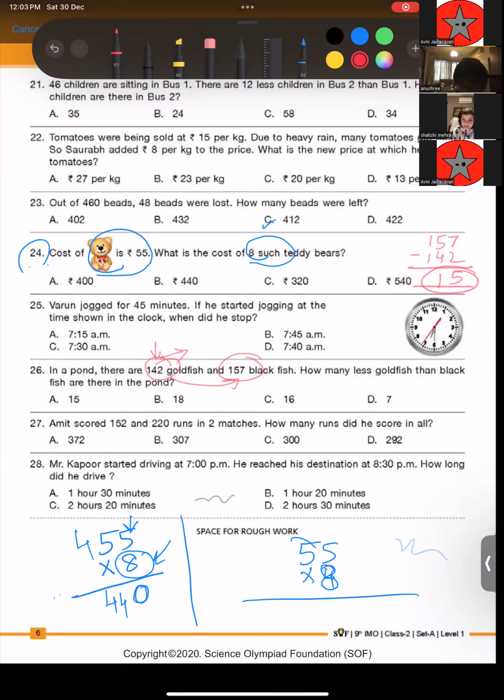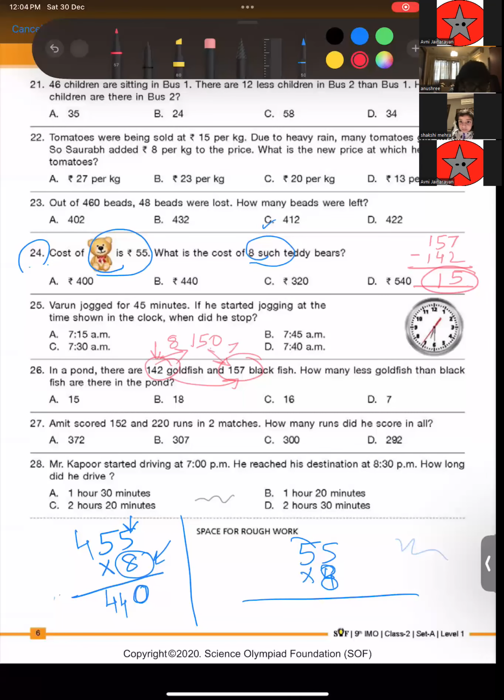150. Fantastic. Now, how much am I going to add to 142 to make 150? 2 plus what makes a 10? Number bond आ गया यहाँ पर. 2 and 8 makes a 10. ठीक है? And from 150 to 157, Kabir, what number should you add to 150 to make 157?